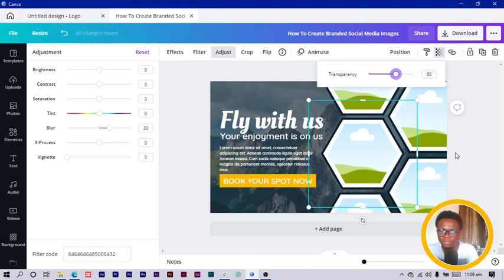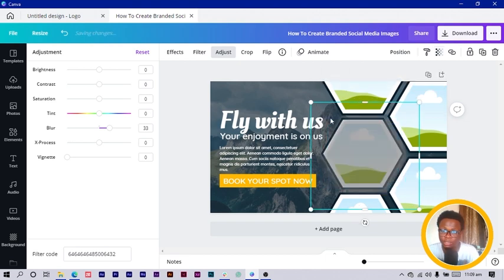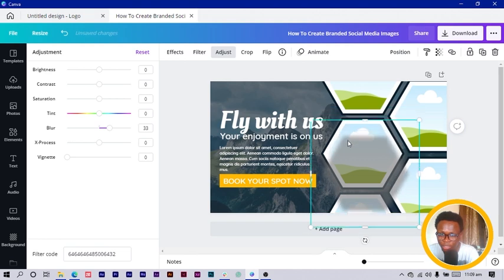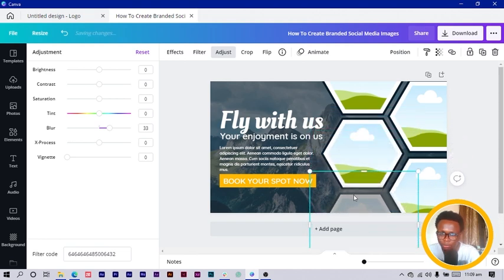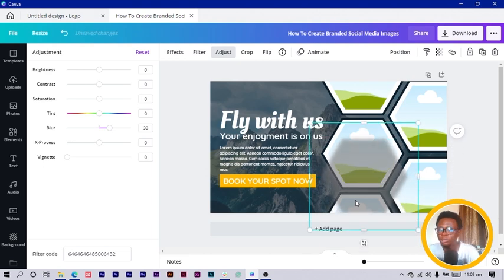You can duplicate. So I just click on it and I'll duplicate it, and I'll use my arrow key to bring it down. Okay, and I can send it backward. Okay, so I'm using the keyboard shortcut, and I can duplicate it again and use my arrow key to move it up. So you hold shift plus any